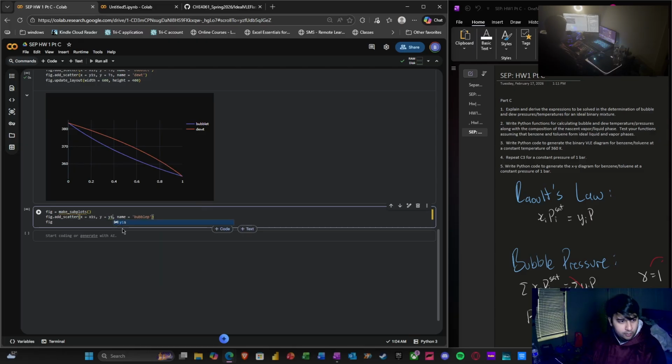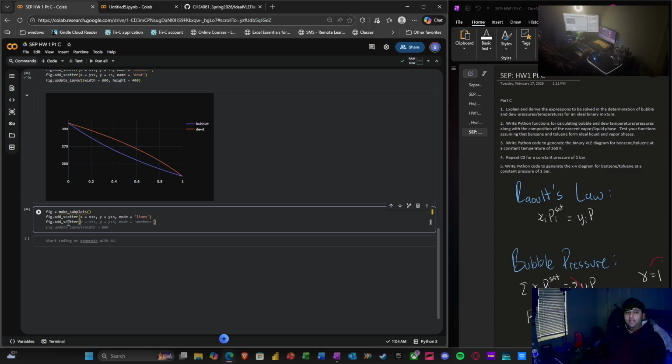So we have Y1S rather than PS, give a name, we'll just put mode, and then add scatter, and this is adding a sort of, I guess, a 45-degree line that acts as a reference,